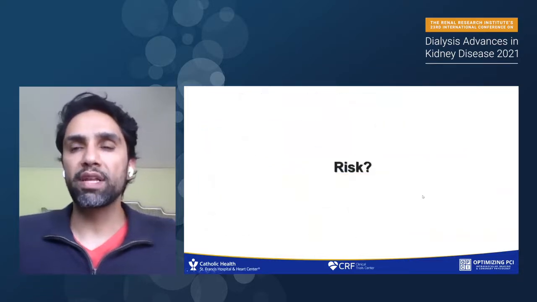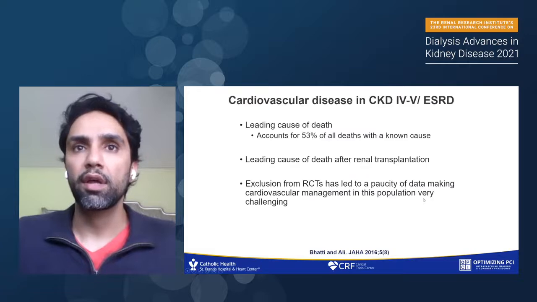So let's start about risk. So why do we specifically talk about patients with chronic kidney disease? Well, as I mentioned, the leading cause of death of patients with chronic kidney disease is cardiovascular. It accounts for 53% of all deaths with a known cause. I already mentioned to you that it's the leading cause of death after renal transplantation, but this last point is